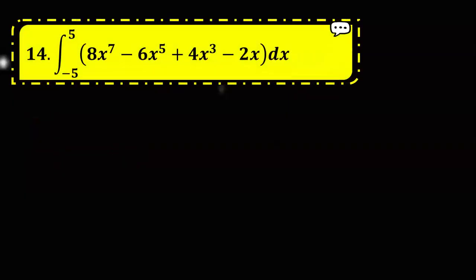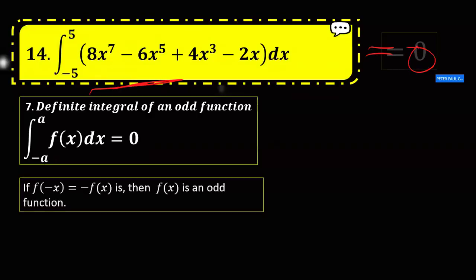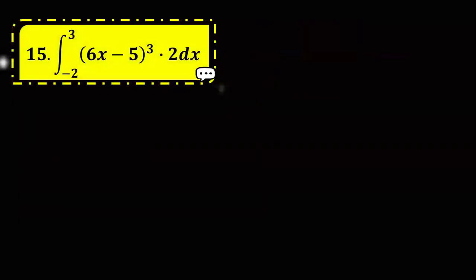For item 14, the same rule. You have to write first the given and then the answer becomes 0. Remember that this is an odd function because of the exponents: 1, 3, 5, 7. Okay, for item 15, this is quite different because this is an application of